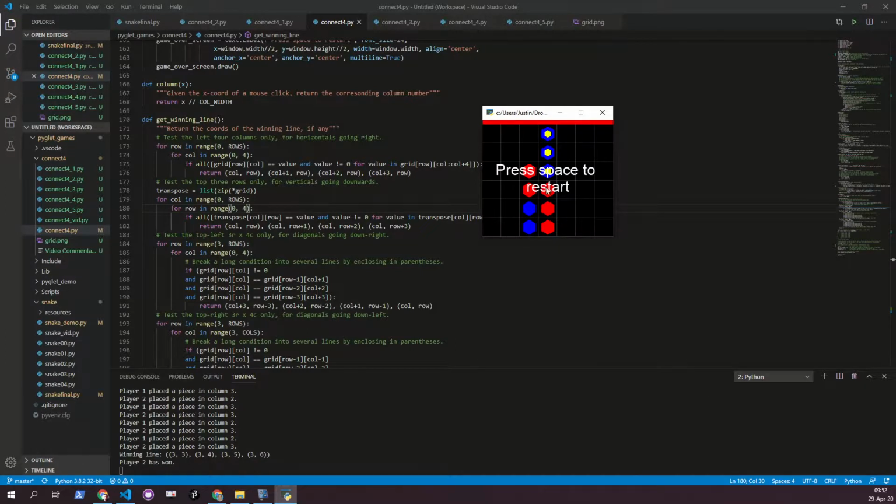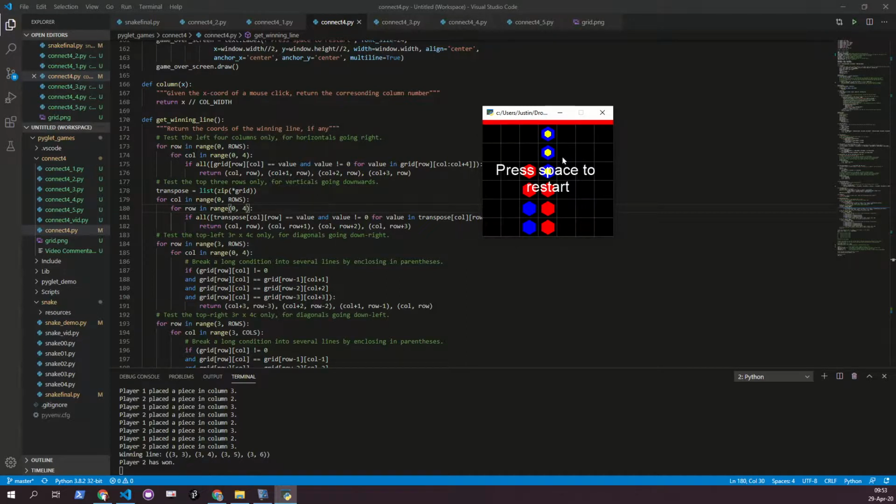The reason for that is when I'm checking for vertical lines, what I'm notionally doing is taking this grid and turning it through 90 degrees and searching for rows. But when you're searching for rows in the actual game, you need to look at columns 0, 1, 2, and 3 and look right, because all of those can make a line of 4, and I do that for every